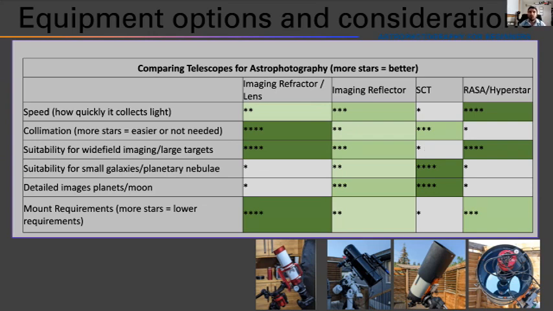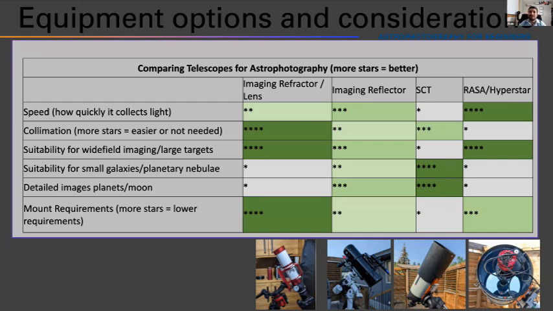the focal length most commonly is between about 1,200 millimeters and 2,800 millimeters. An 8-inch Schmidt-Cassegrain has a regular focal length of about 2,000 millimeters or 2 meters at f10. And if you're using a focal reducer, that brings it down to between 1,200 and 1,400 millimeters, depending on the model that you're using. A larger 11-inch Schmidt-Cassegrain like mine has a focal length of 2,800 millimeters. And if you're using a focal reducer, it brings it down to a little under 2,000 millimeters.